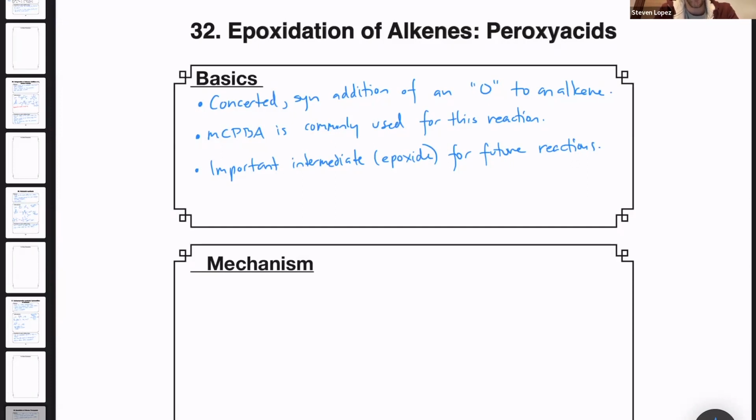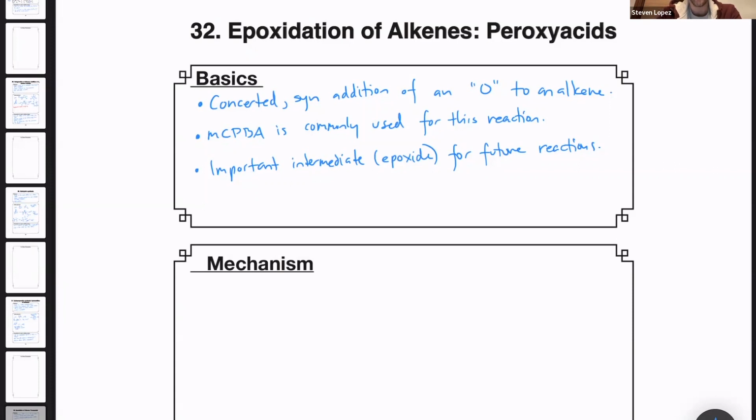Today we're going to be talking about the epoxidation of alkenes, and we'll be doing this reaction with what's known as a peroxy acid. So first of all, these reactions are concerted. They involve a syn addition of an oxygen atom to an alkene. This forms a cyclic ether, which is somewhat strained and really important as an intermediate for future reactions that we'll cover. And finally, MCPBA is the most commonly used